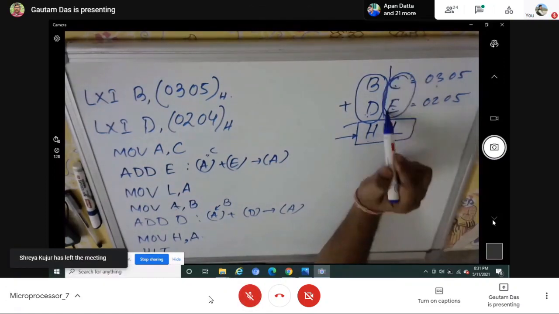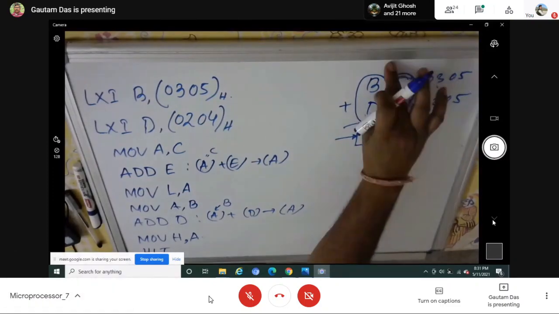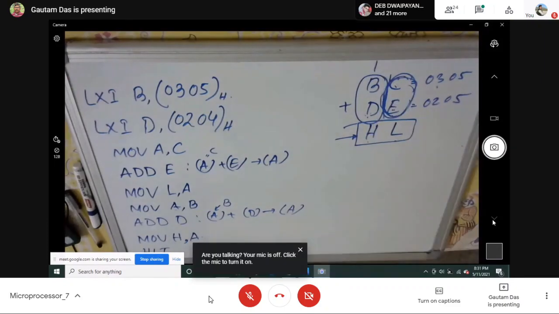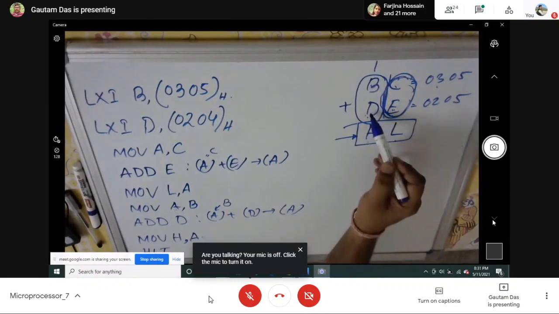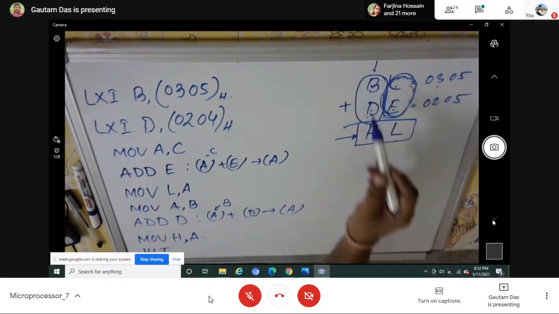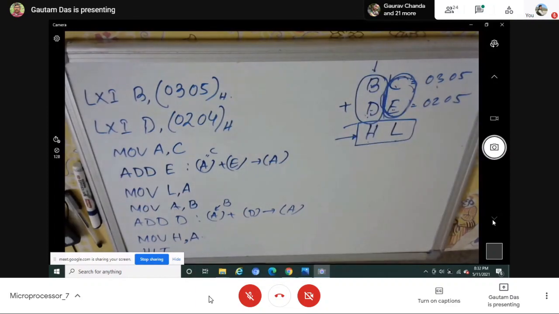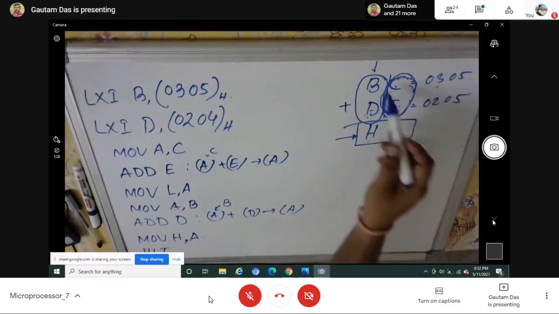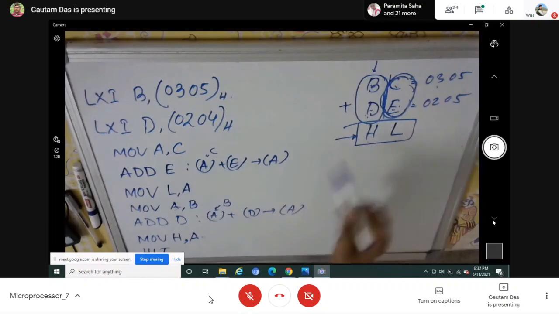Whenever we are adding the lower order 8-bit, depending on the data, it may be possible that it will produce a carry. Now, whenever a carry is produced, what to do? Whenever we add B and D, I must add this carry 1 to get a proper or correct result. But does it happen here? Whether we are adding this carry, if any is generated during the addition of C and E, whenever we add B and D? No, we are simply adding B and D. We are ignoring this carry.